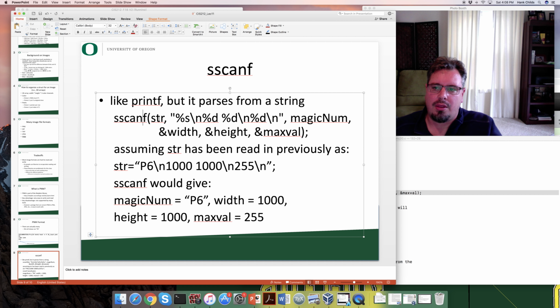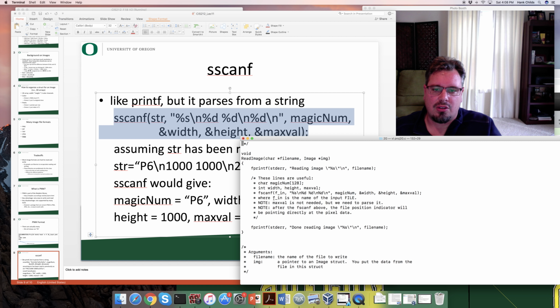Then if you call this function right here on a string that looks like this, then it would place P6 into magic num, it would place 1000 into width, it would place another 1000 into height, and it would place 255 into max val. So this is actually pretty magical in terms of reading in the image, the header part, the ASCII part of the image. And you can see it's right in there, except instead of using scanf, it's using fscanf because it's reading from a file. And so you can just uncomment these lines,